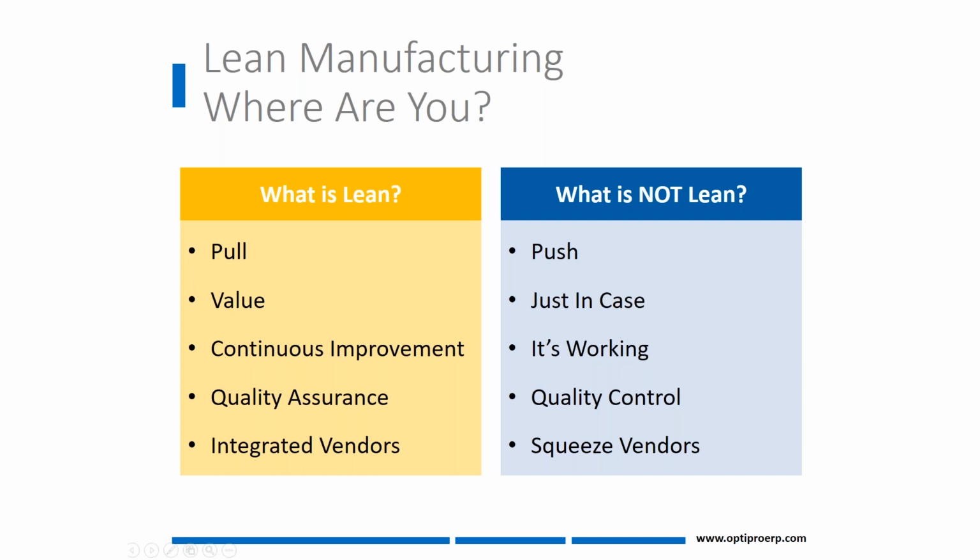People talk about inventory. What side are you on? Do you have lots of inventory sitting around just in case something happens? Well, the whole concept of just in case tells you that it's waste. In lean manufacturing, we're talking about value, and the only inventory that really has value is something that is sold and being pulled through to a delivery.